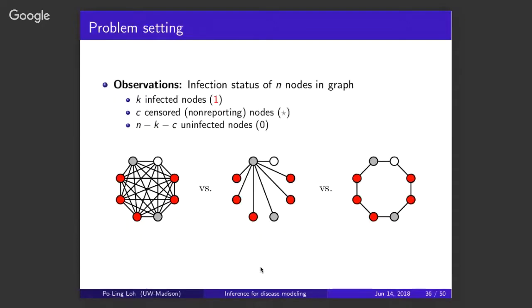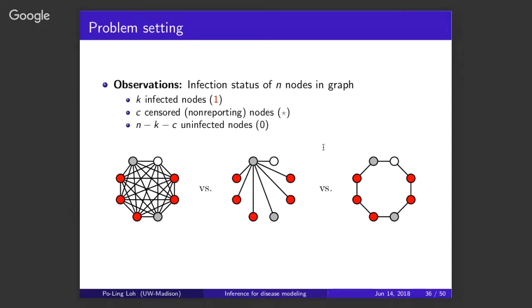Okay, so to make things a little bit more interesting, and to make it so that the second picture wasn't automatically impossible, we looked at a setting where we might also have censoring. So in addition to knowing definitively that nodes either have the information or don't, there's also going to be some subset of nodes that are grayed out, which means that we have no idea whether they are infected or not. So for instance, now the middle picture, it might actually be possible that information spread on this graph because we don't know whether the hub node had the infection or not.